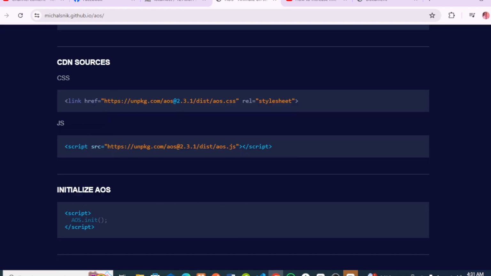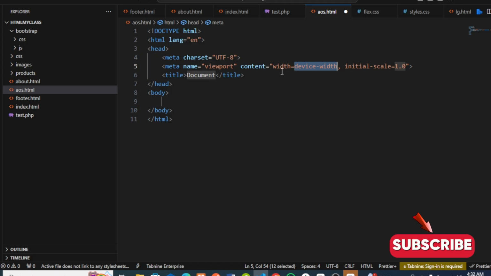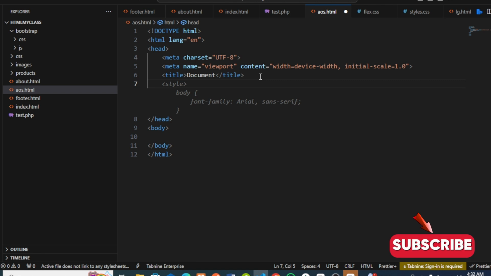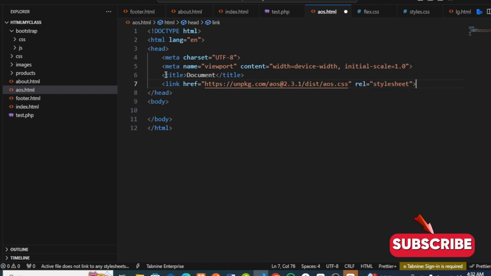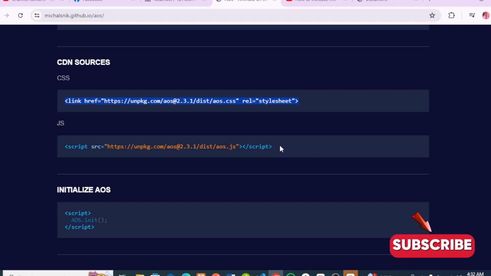When you come to this place, it will show you the simple ways you can add these CDN sources to your code. The first thing you need to do is to add this CSS link to your HTML, to your code. Copy this, Ctrl C. So I go to my code and add it inside the head tag. Then the next one is to copy this JavaScript script source,